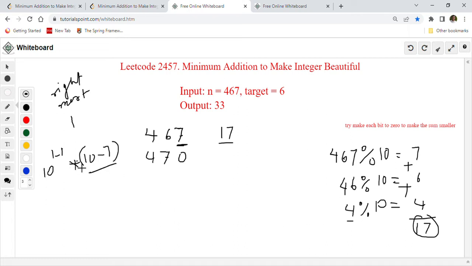So this one is multiplication, I'm sorry. So this is multiplication, okay? So 1 multiplied by 3 is 3. So you will get 470, correct? So 467 plus 3 is 470, okay? Now next time